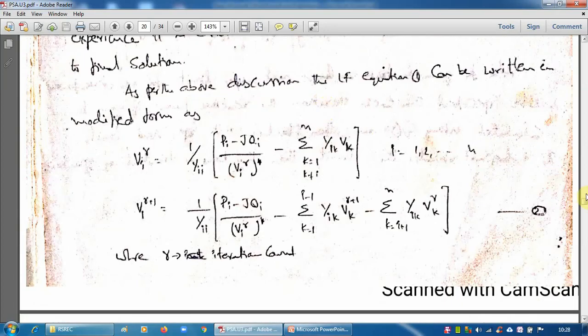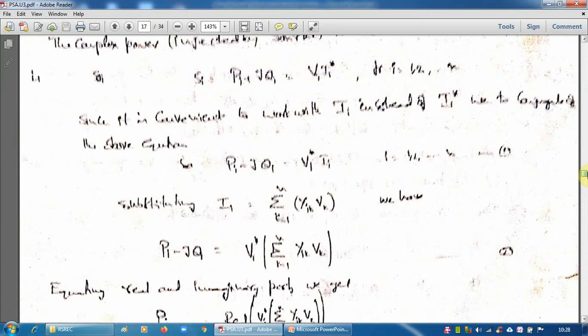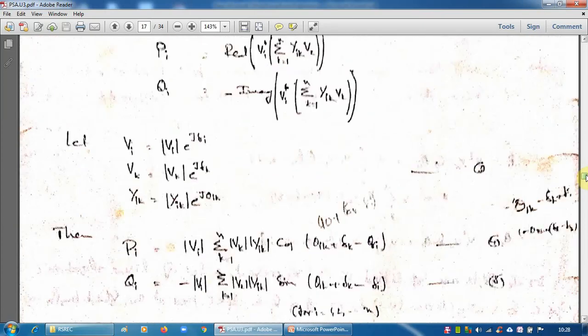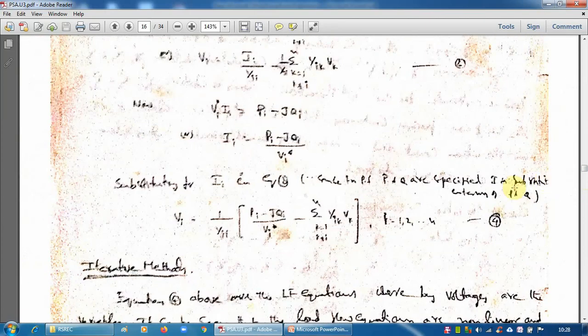Again this equation from general load flow equation, what we derived, you see here. In this equation, as we have to calculate Q, it is taken on this side and this equation is written in terms of V and Y. Only thing is, as we require Q, it is determined in this way.